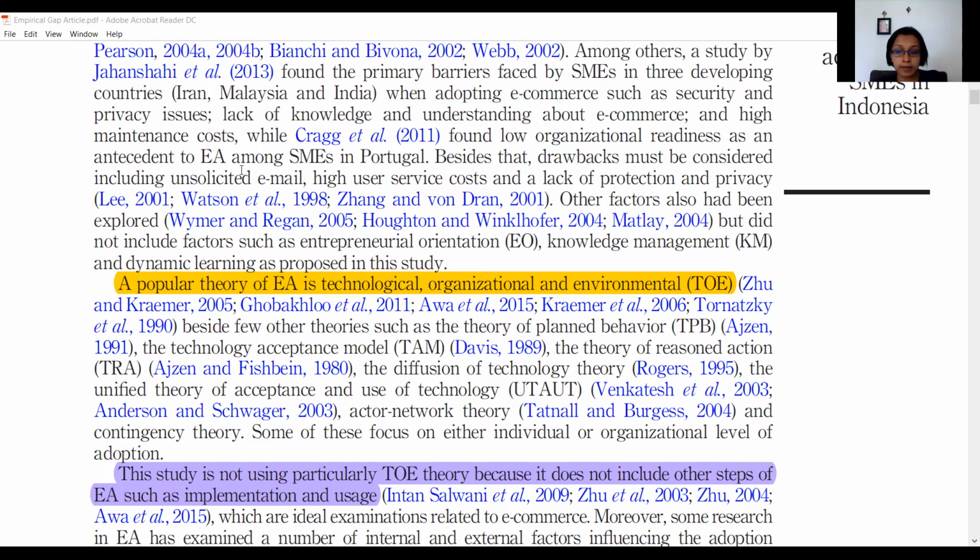Like a resource-based theory. So the popular theory for e-commerce adoption is TOE theory, right? But this study argued that TOE theory does not emphasize or concern the user's ability, the user's perspective,